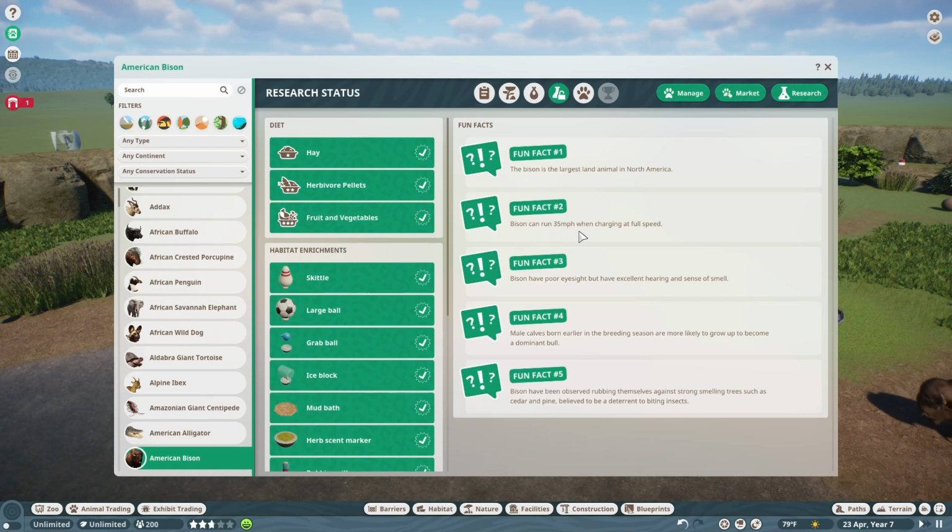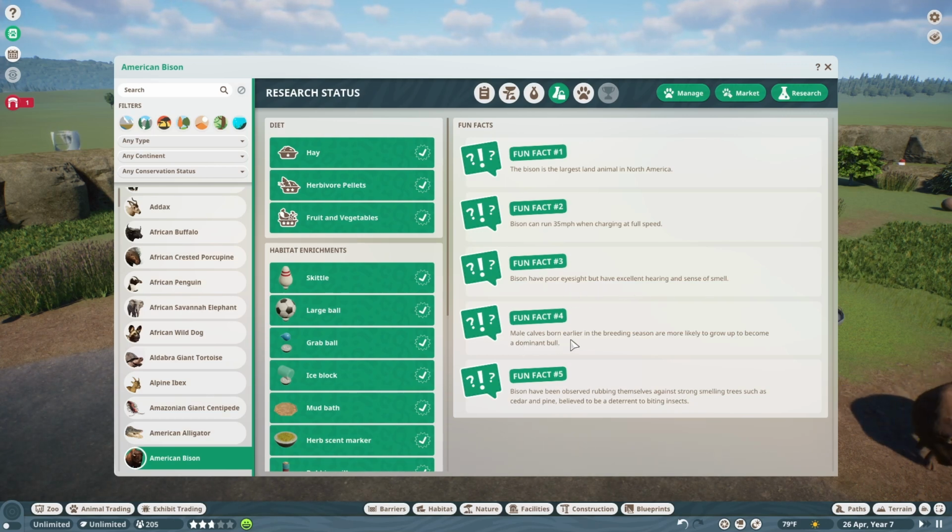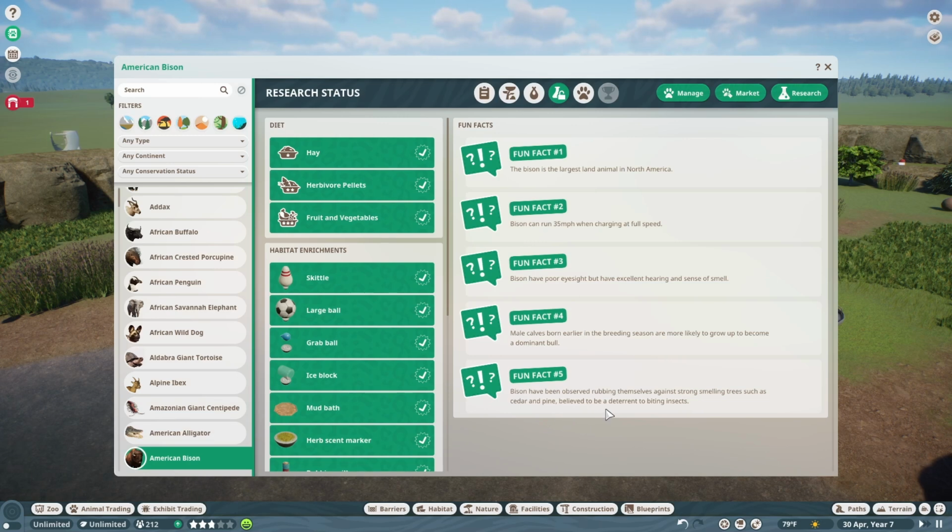Bison can run 35 miles per hour when charging at full speed. That's why you don't want to get close to them. Bison have poor eyesight, but have excellent hearing and sense of smell. Male calves born early in the breeding season are more likely to grow up to become a dominant bull, so that's interesting. Bison have been observed rubbing themselves against strong-smelling trees such as cedar and pine, believed to be a